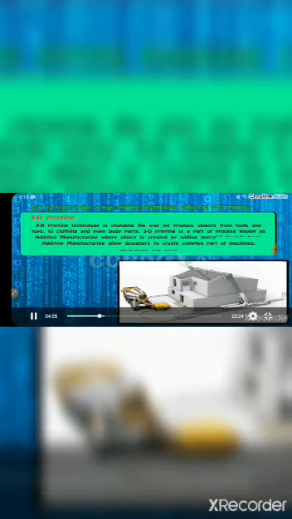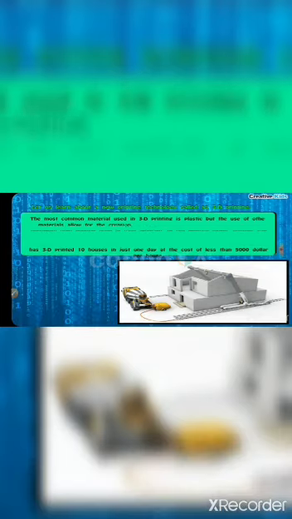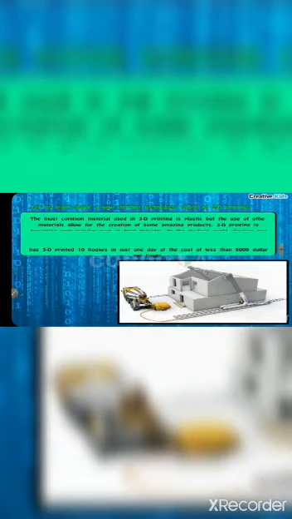Let us learn about a new printing technology called 3D printing. 3D printing technology is changing the way we produce objects, from tools and toys to clothing and even body parts. 3D printing is a part of a process known as additive manufacturing, where an object is created by adding material layer by layer. Additive manufacturing allows designers to create complex parts of machines, aeroplanes, and cars.